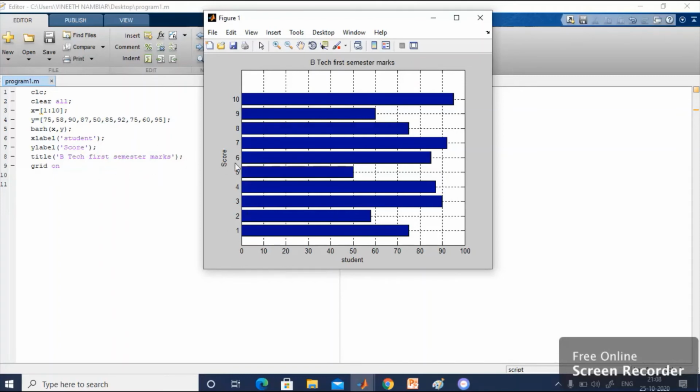I hope you have understood how to make the bar diagram in vertical manner and horizontal manner. So you can do the analysis in this manner. This will be really helpful for preparing progress reports or data analysis or comparing different quantities. This can be used for business applications also, business purposes also.